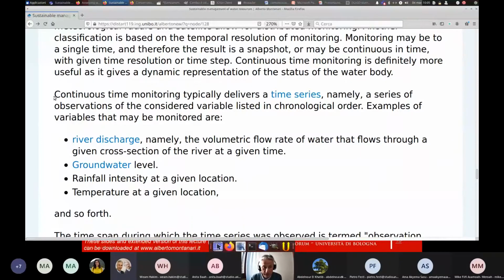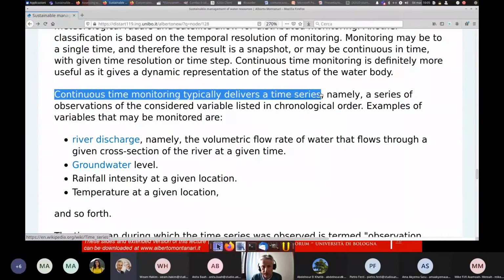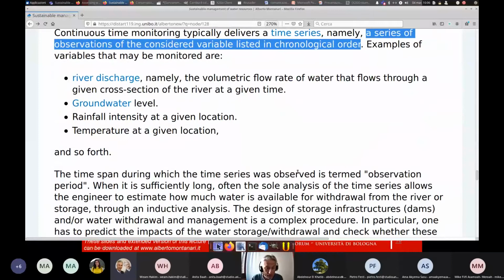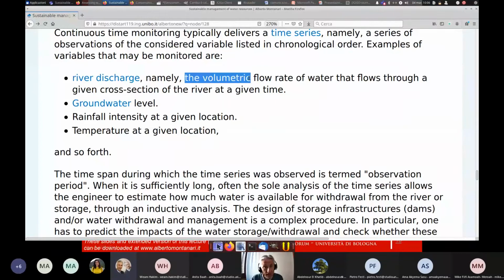When we get these observations, which may be discrete or continuous in time, what we obtain is what we call a time series. What is a time series? It's a series of observations of the considered variable listed in chronological order. And examples of variables that are interesting for us are the river discharge. What is the river discharge? Keep in mind this definition. It is extremely important. You cannot talk about water resources management if you don't know a couple of definitions that now I am introducing. Now, river discharge, it's the volumetric flow rate